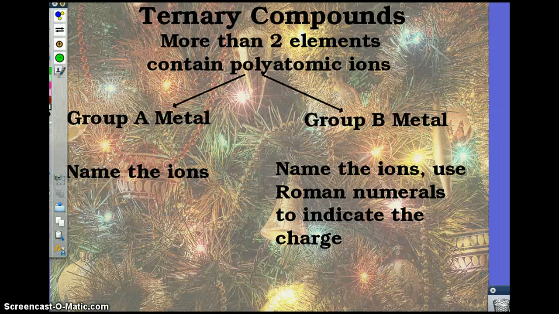And now we'll take a look at ternary compounds. Ternary compounds have more than 2 elements in there. So there'll be 3 or more elements in a ternary compound. And as such, that means that they will contain polyatomic ions, which is why we had to memorize the list of polyatomic ions so that we can very easily recognize them when we see them in a compound. So the rules again are going to be similar. Is the metal a group A metal? If so, just name the ions. For example,